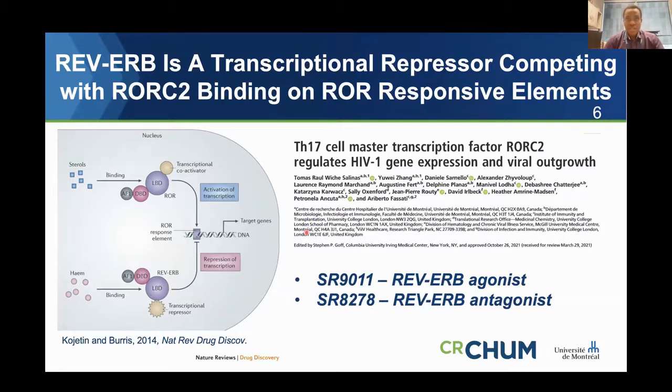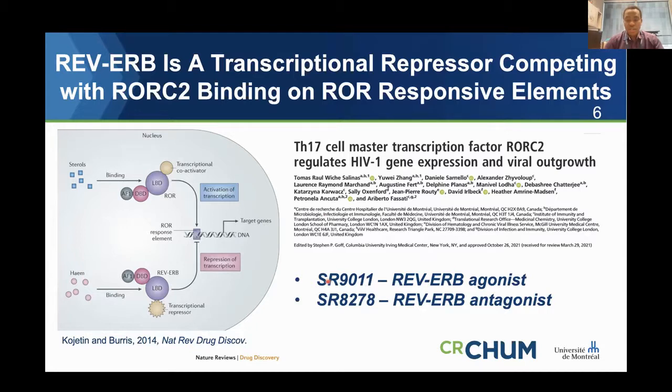In a recent study, our lab demonstrated that RORC2 blockade inhibits HIV replication in CD4 T cells, thus identifying RORC2 as an HIV positive regulator. To reach our goal, we decided to use commercially available REV-ERB agonist,